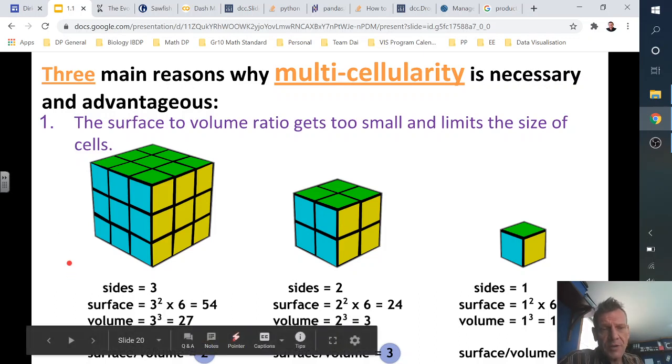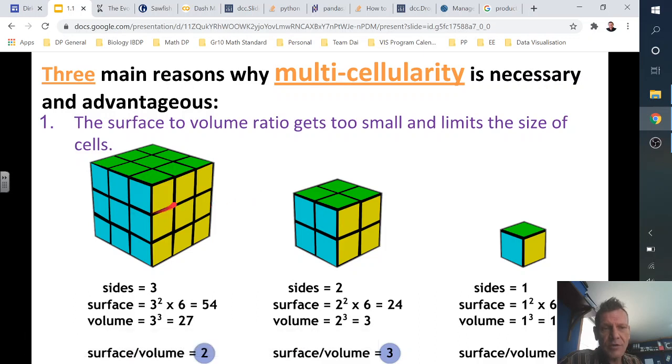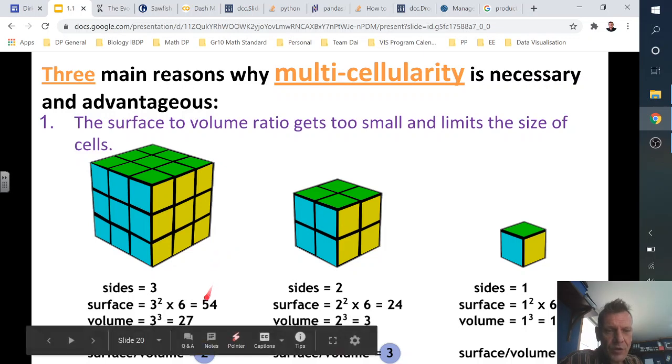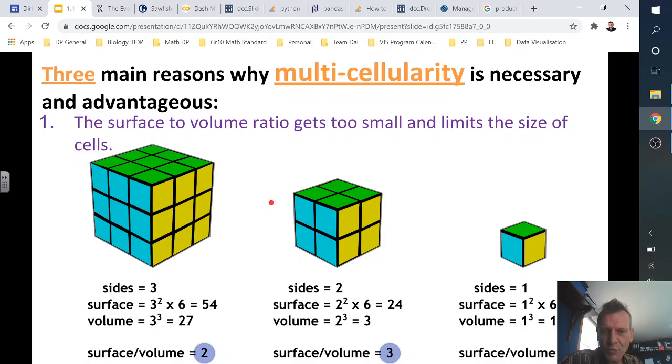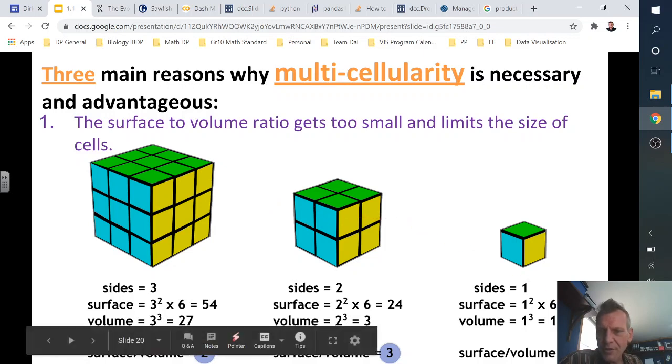Now, the mathematics behind it is that if we calculate the volume and the surface area of the cubes here, you'll see that if we divide, and you can check the numbers. I hope it's all correct, because I took this image from somewhere else. Yeah, 4 times 6 is 24. Okay, it's fine. So here, if you divide the surface area by the volume, you'll find that the smaller the cube becomes,